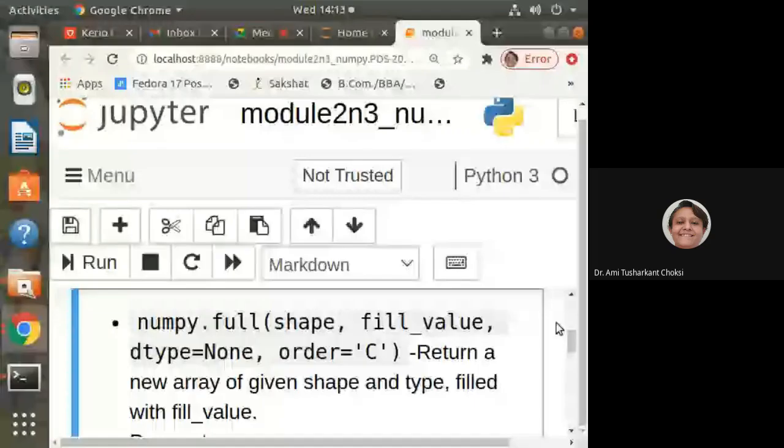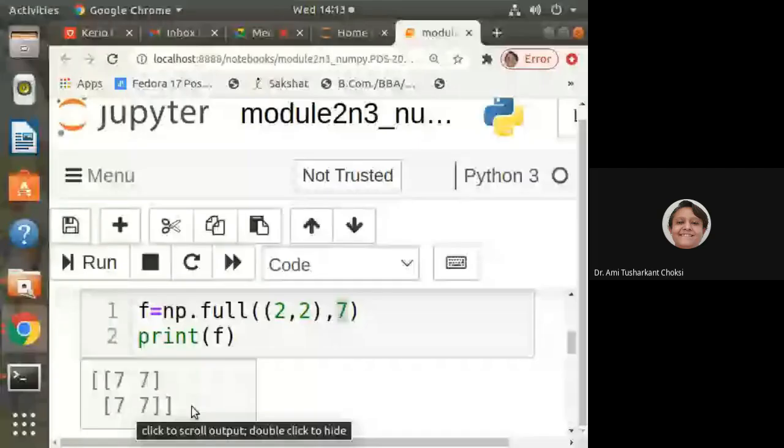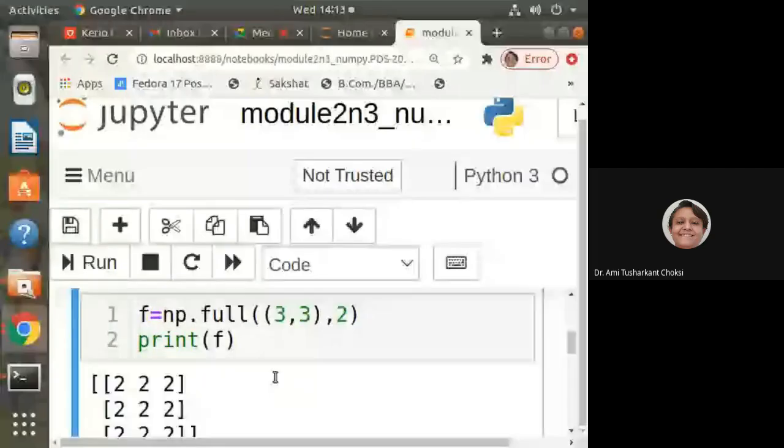Here we can say f is equal to np.full 2 rows 2 columns and fill value 7. So it will create 7 7 7 7. Simple. The only thing is you should know the function which you want to use to create a particular thing. If you do not know, then you will need to write it manually.